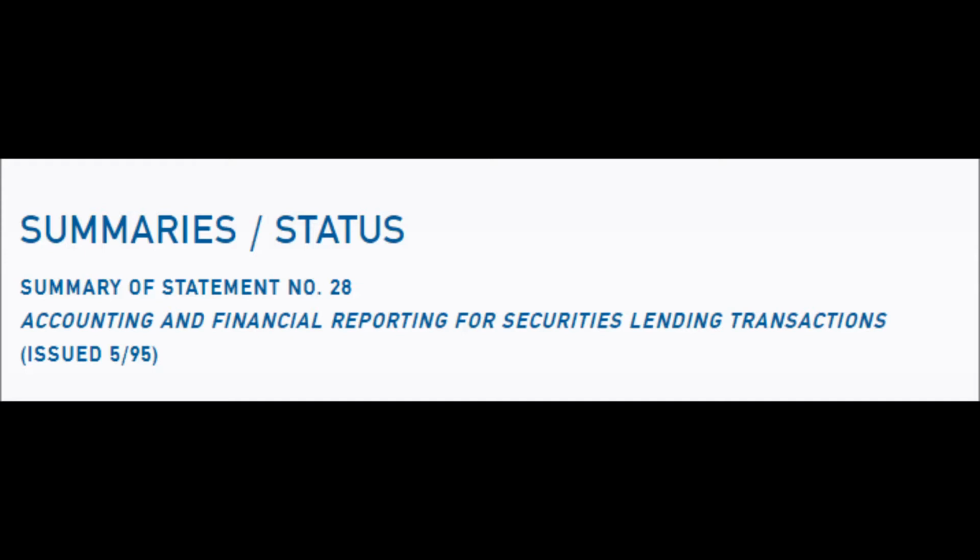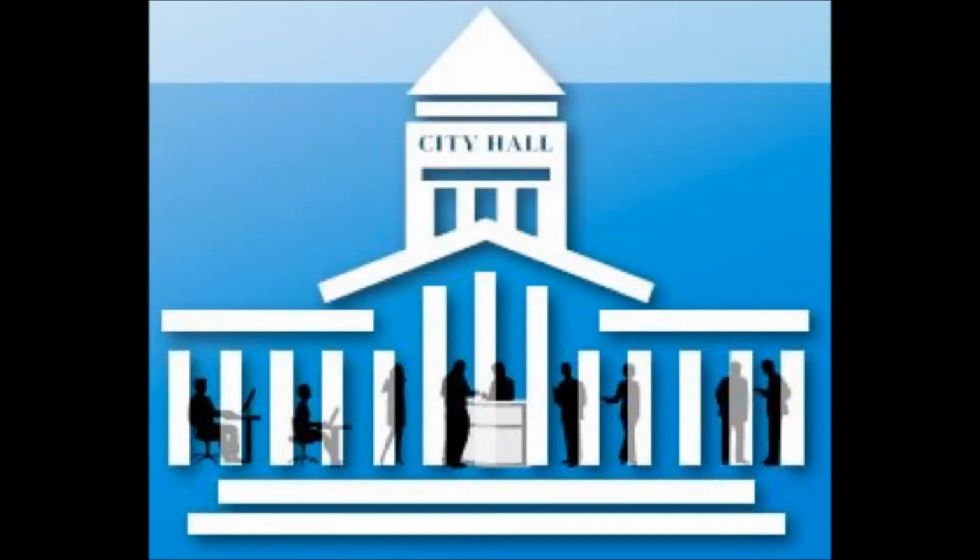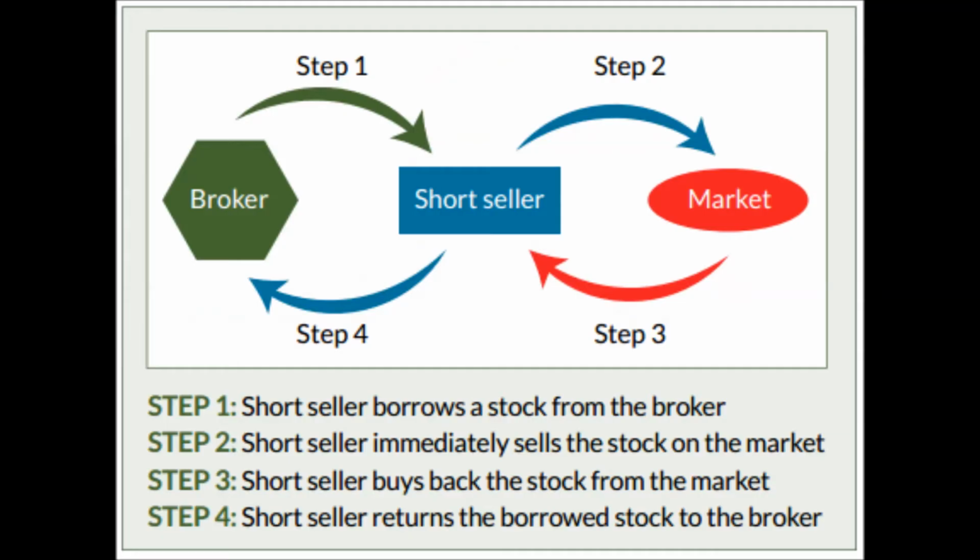A securities lending transaction is when a government issues and transfers its securities to a broker-dealer for some collateral such as cash. Governments participate in these transactions when they might need liquid capital to begin various projects. From the borrower's perspective, it's called shorting when you borrow a security to turn around and sell it. The borrower is hoping that the market value of the security will decline so that he can fulfill his obligation by buying back the security at a new lower price.